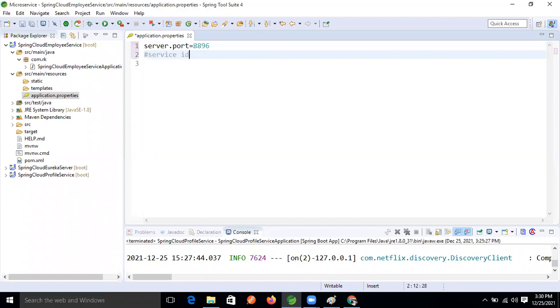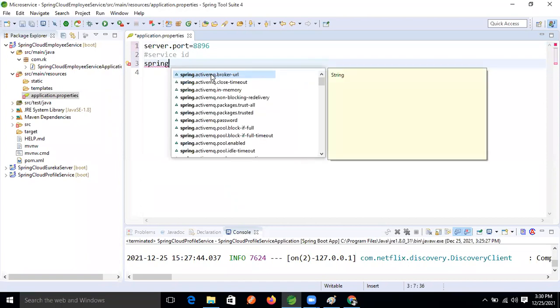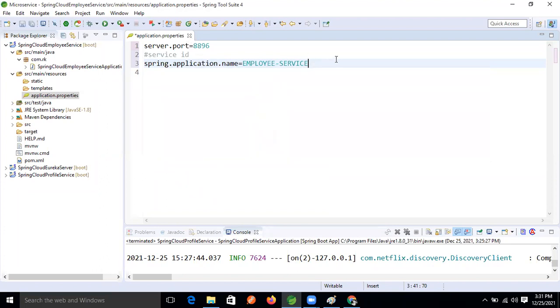What is the service ID? spring.application.name, and give any name of the project. I'm giving employee-service. Employee service, correct.